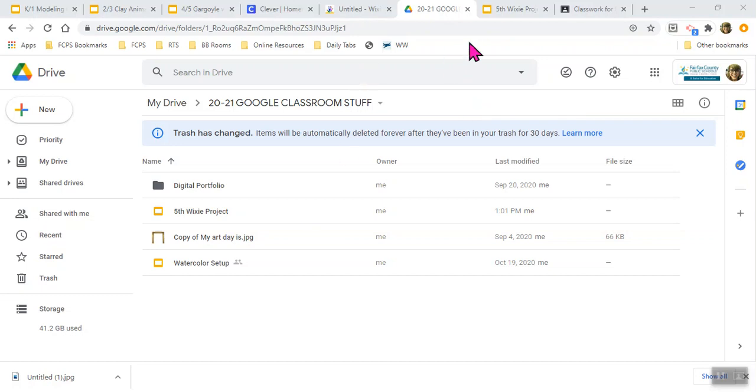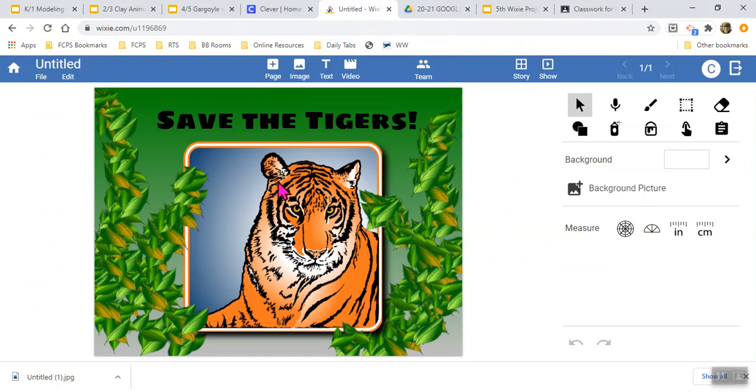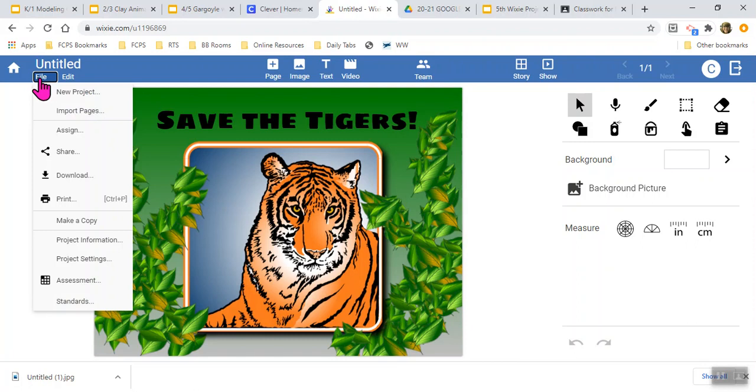Okay, so I'm going to show you all how to upload a picture into one of our slide decks from Wixie. So I've got my project finished here in Wixie, and I'm going to go over here to File, click File,